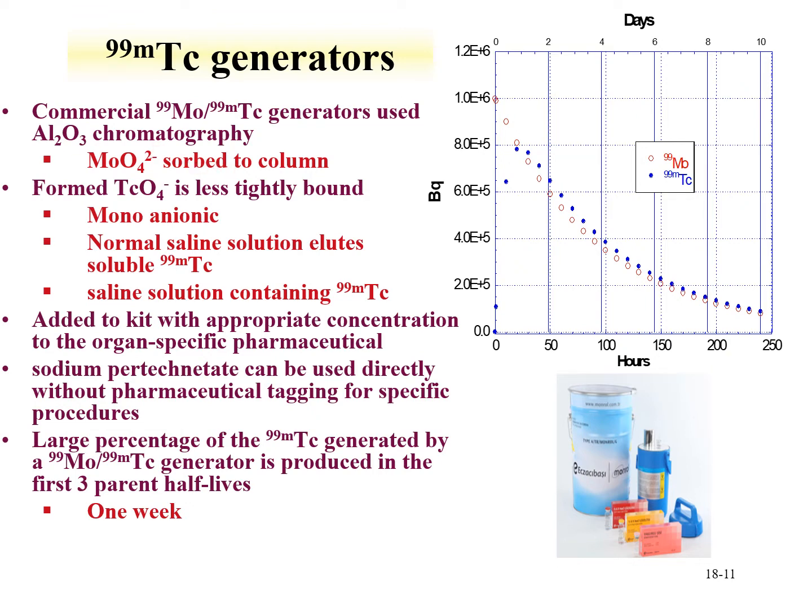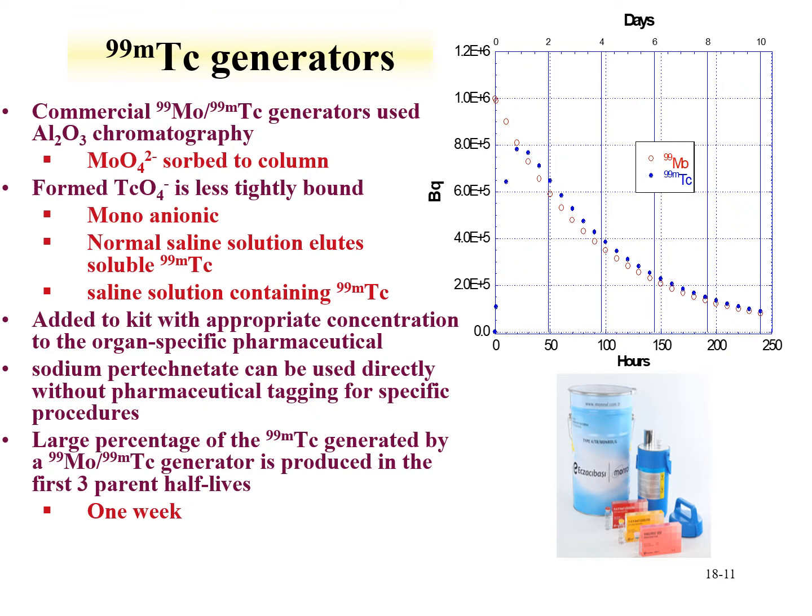Upon the decay of the molybdenum-99 to the pertechnetate, the pertechnetate is less strongly bound to this aluminum column since it is monoanionic. You can elute the pertechnetate from the column with normal saline solution, and as it comes out, the